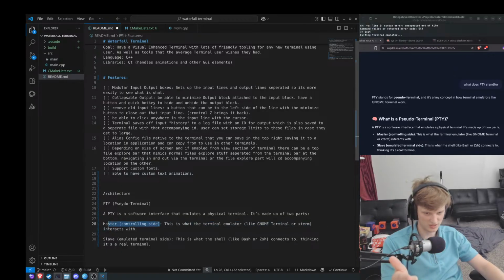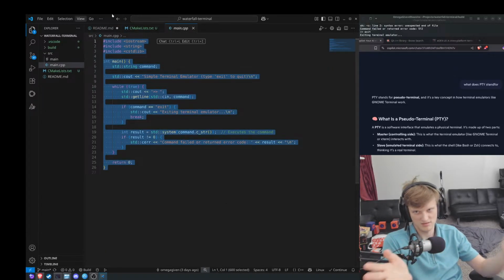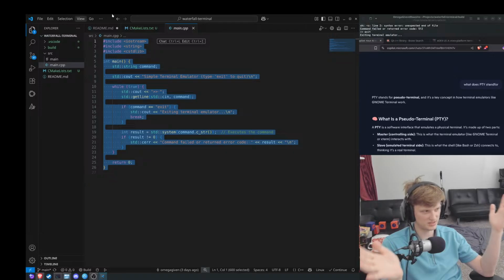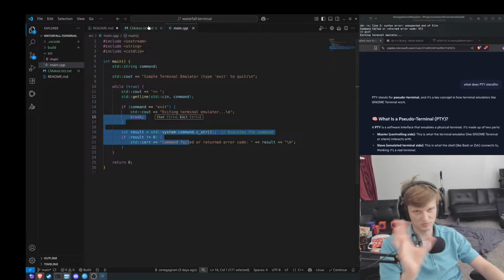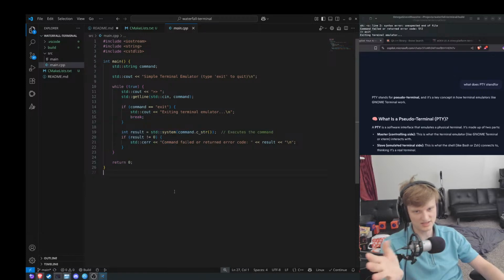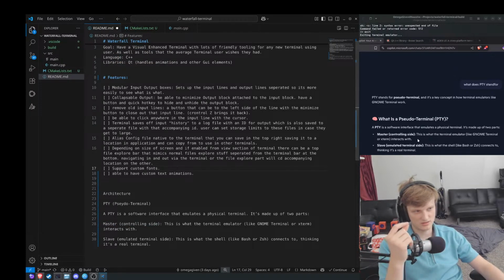The controller, I need to make the controller. The slave, that's already been programmed. Like literally this one script, that's all you need to operate a slave. Things that I need to do to build the thing I want. But essentially this is the bare bones of a terminal. Okay, so